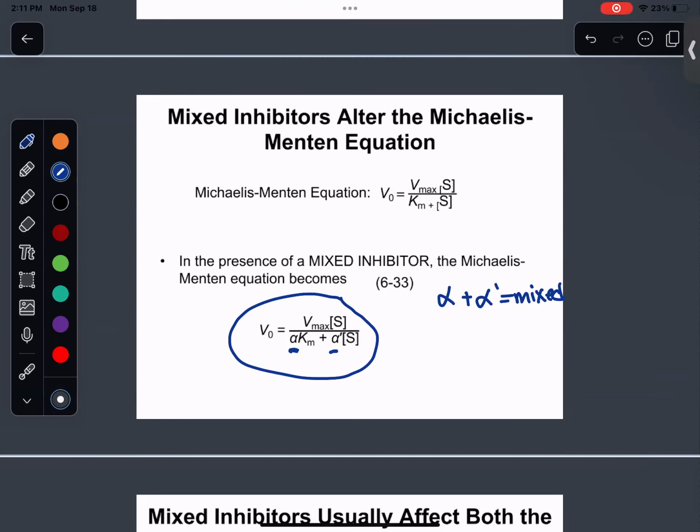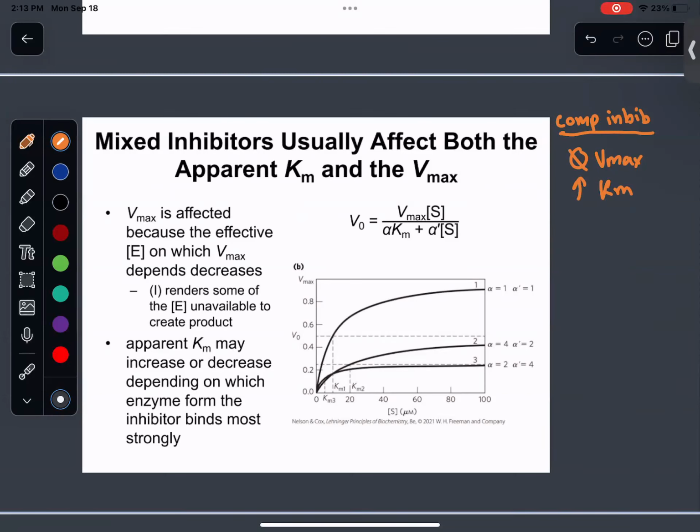In competitive inhibition, there's no change in Vmax. And what happens to the Km? Anyone know? It increases. Yep. It goes up, absolutely. So we have an increase in the Km. Who can tell me what happens in uncompetitive inhibition, excuse me? Oh my goodness, I'm mixing myself up over here. Yeah, both go down.